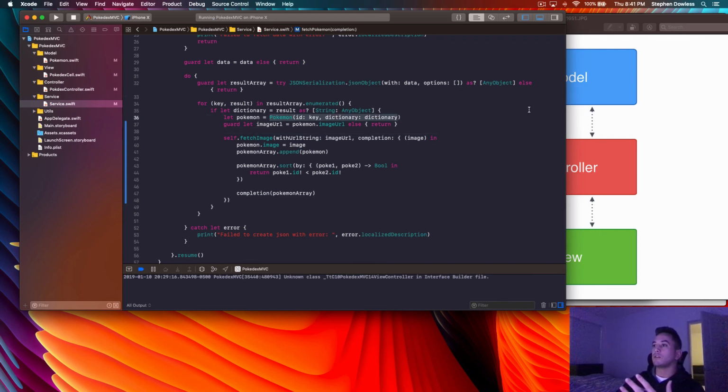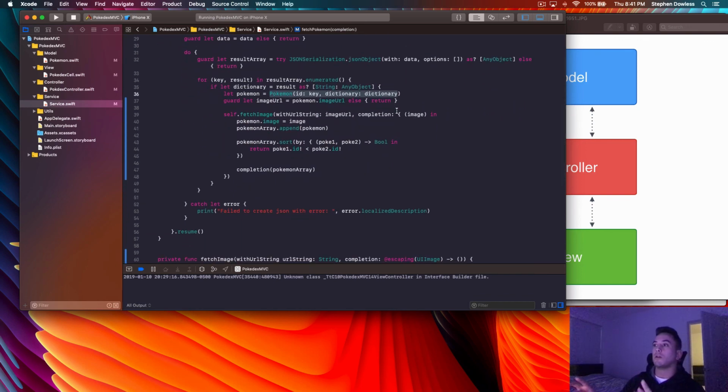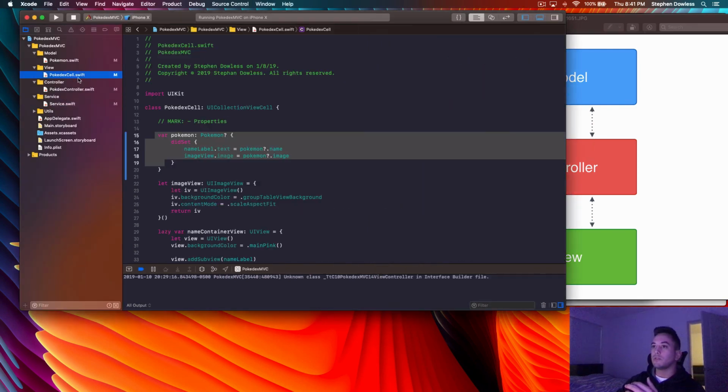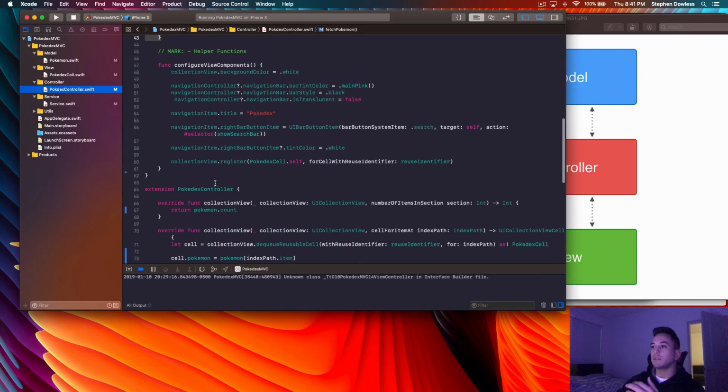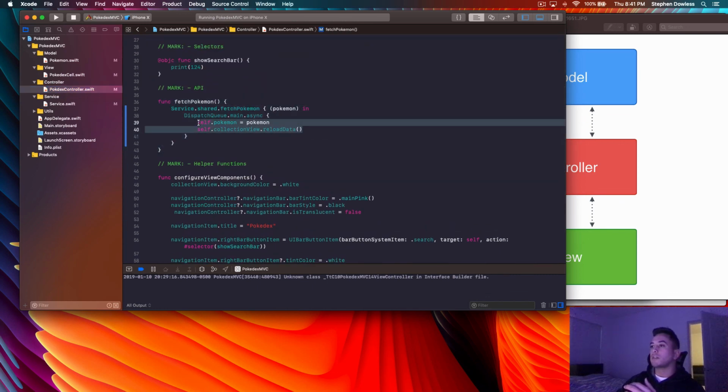And then once they were all set up, we implemented some completion blocks to make sure that those API calls had successfully completed before we move forward. That's super important when working with calls to the internet, because that stuff takes time to complete, right? So we implemented those completion blocks, set up our model, and then handed that information back to our controller. So that's what we did in this function here. And we reloaded our collection view on the main thread because that's a requirement.